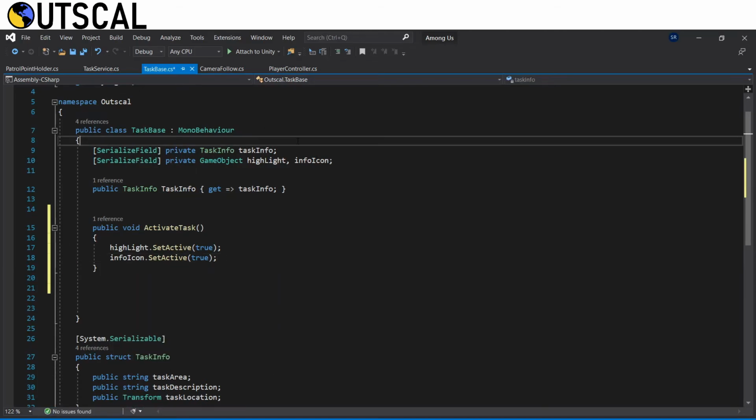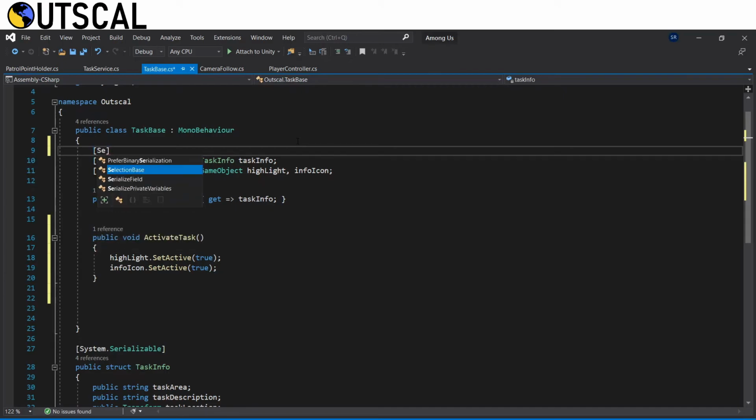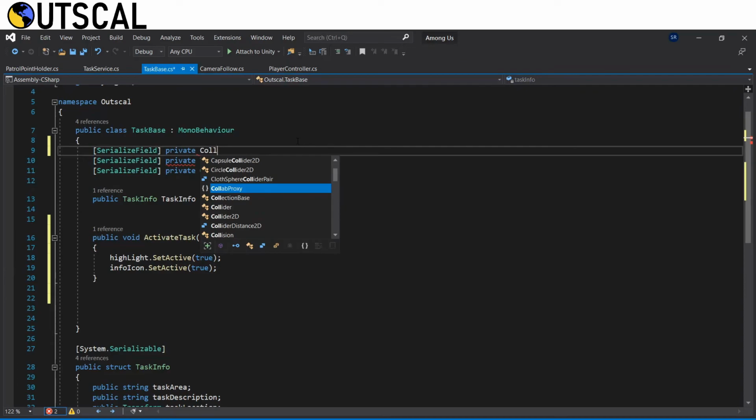at the top we will create a serialized variable of Collider2D and call this object collider.